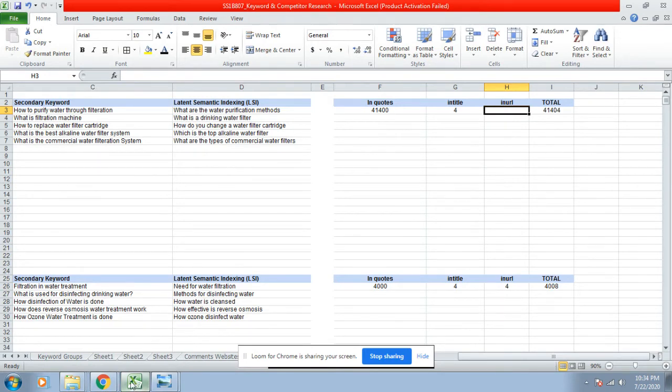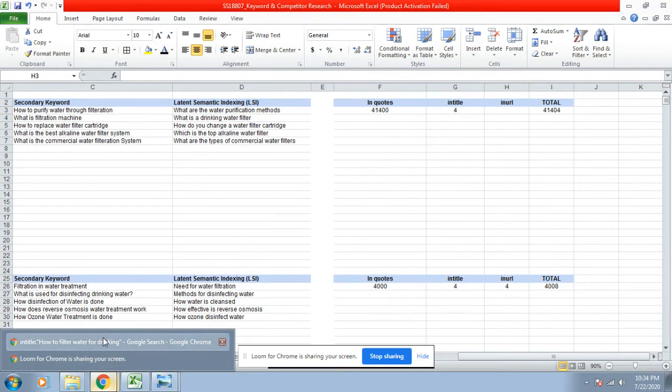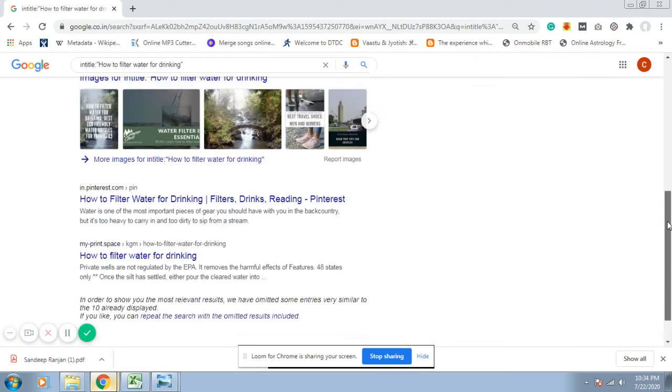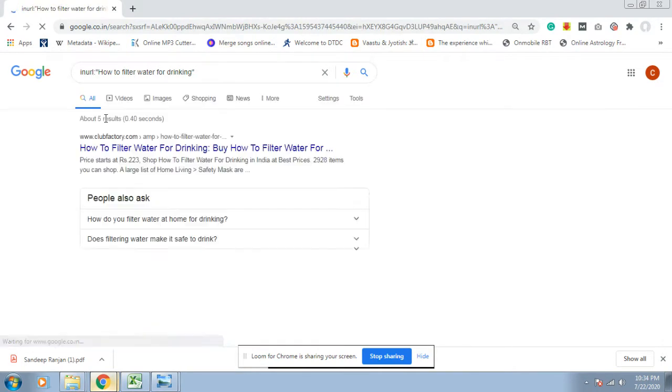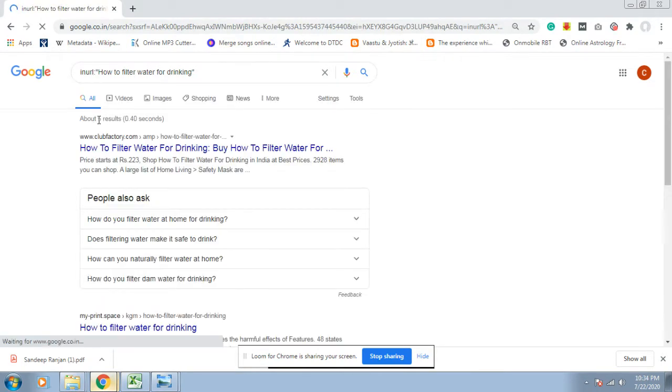When we do any URL research, we put in URL and then press enter. It says there are about 5 results for this keyword using URL: how to filter water for drinking.